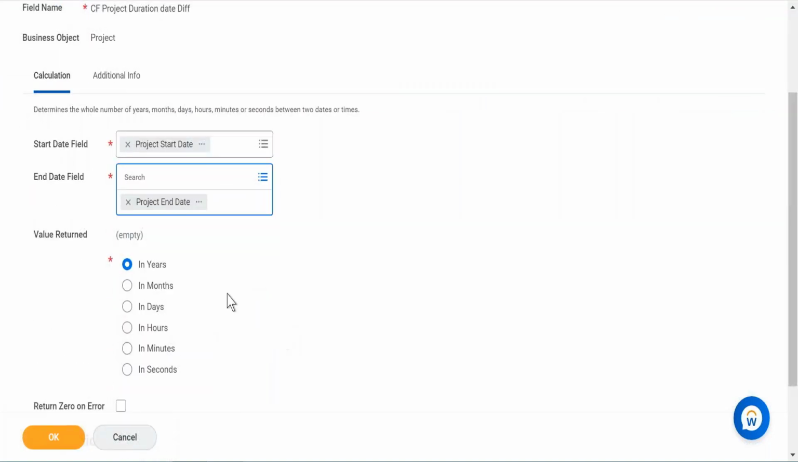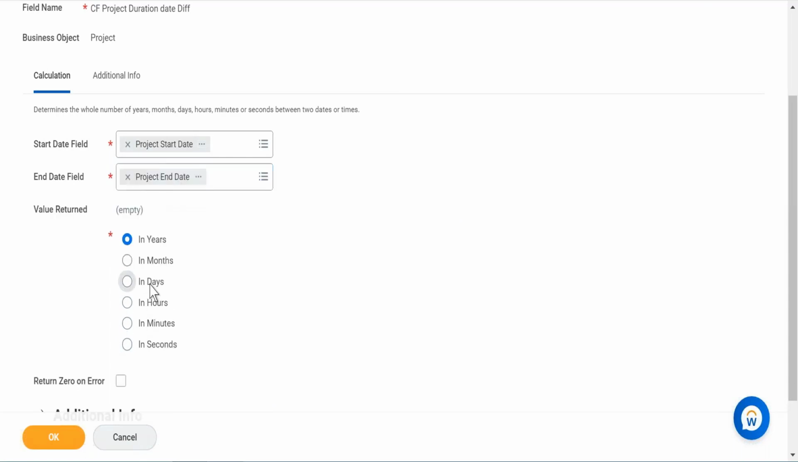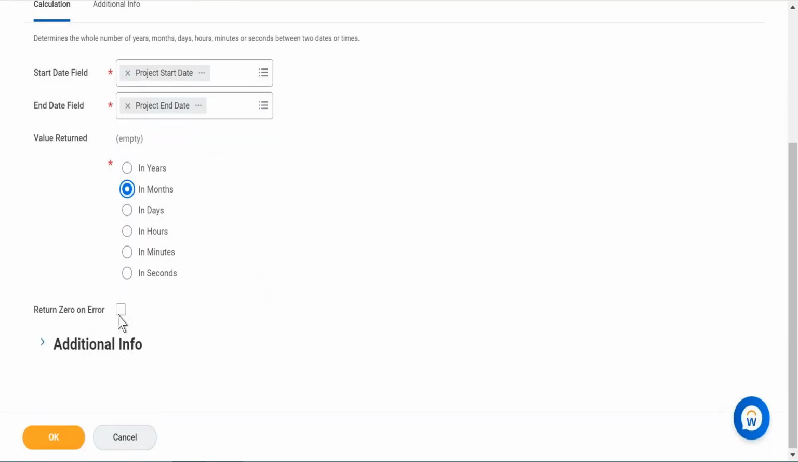Now, like I said, there are various ways in which you want to show them. Do they want to see it in years? Do they want to see it in months, or do they want to see it in days? Maybe the preference here is they want to see it in months. So I'm going to select months over here, the format. So if the project started in Jan 2020 and is getting over in March 2021, it's going to show as 15 months. And always, rule of thumb, select return zero on error,